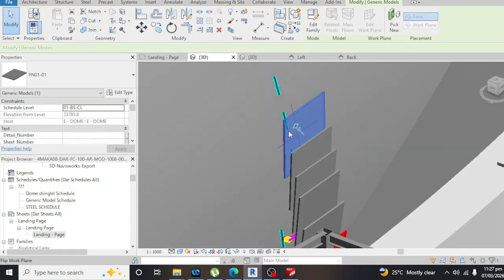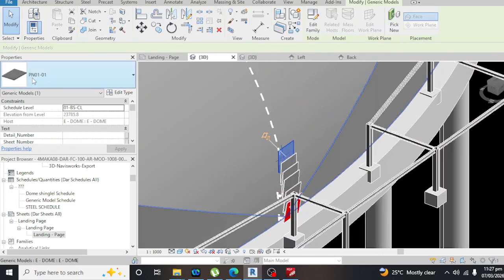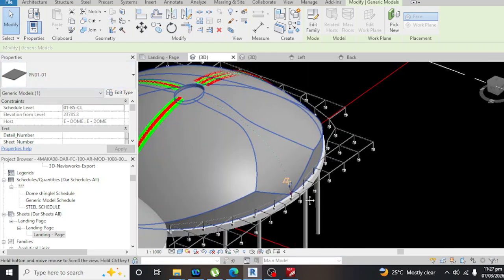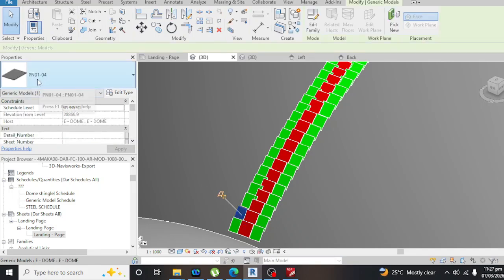So guys, we can name this panel PN01-01, all PN up to PN01-04.